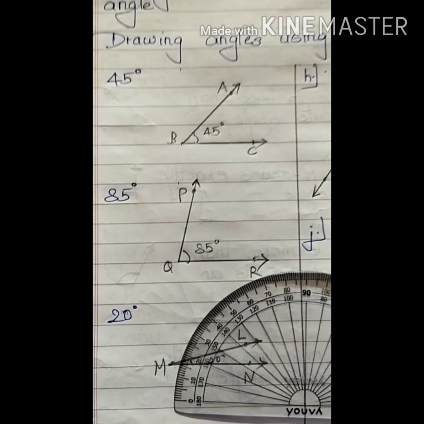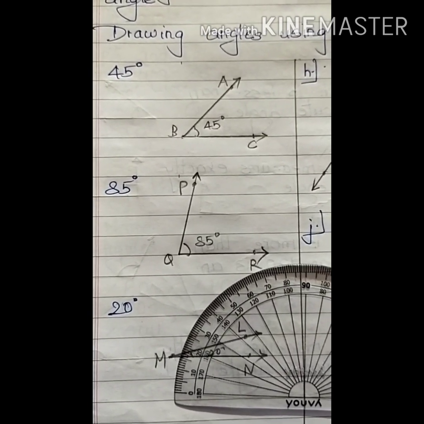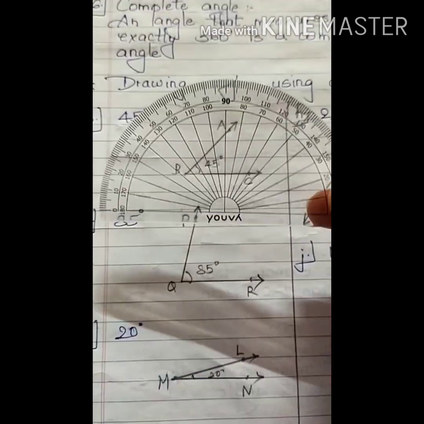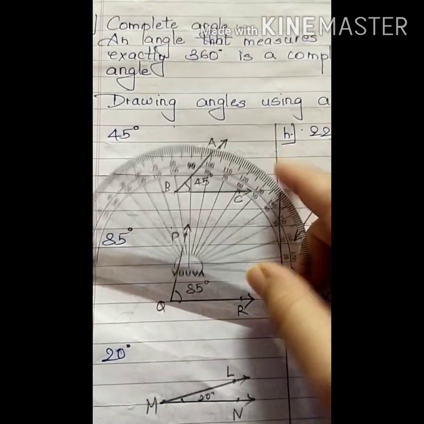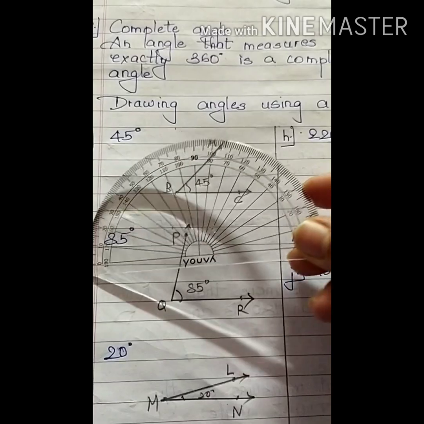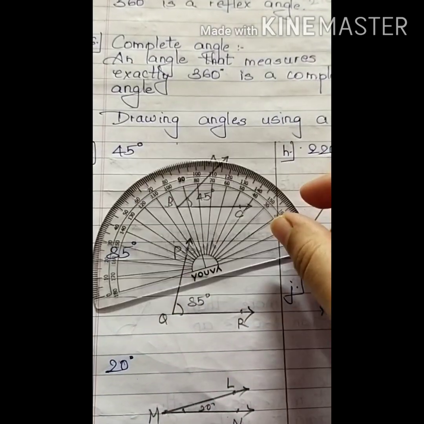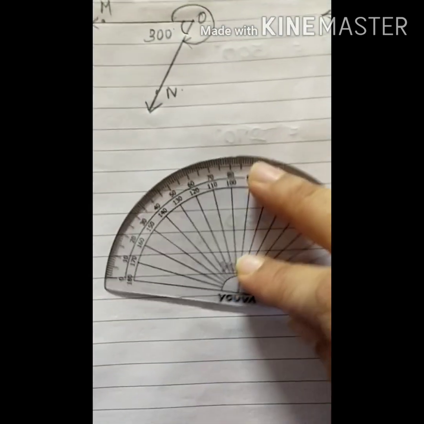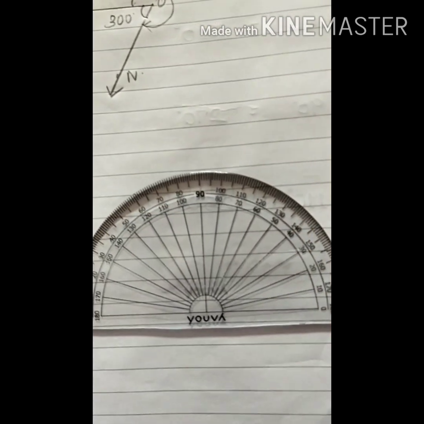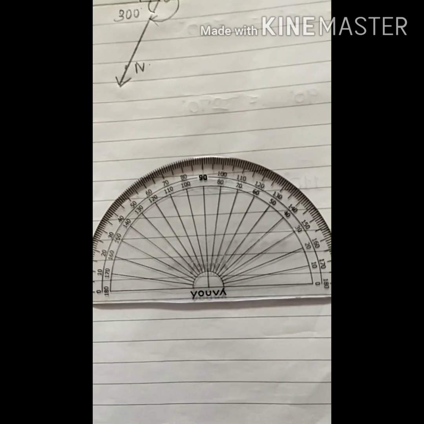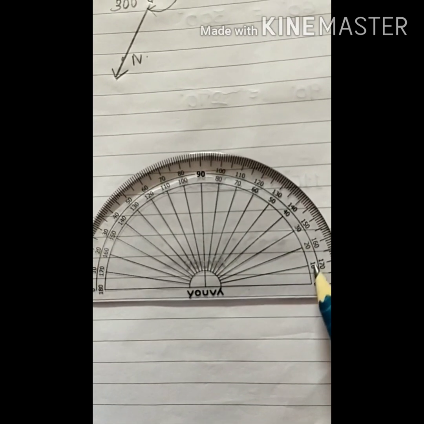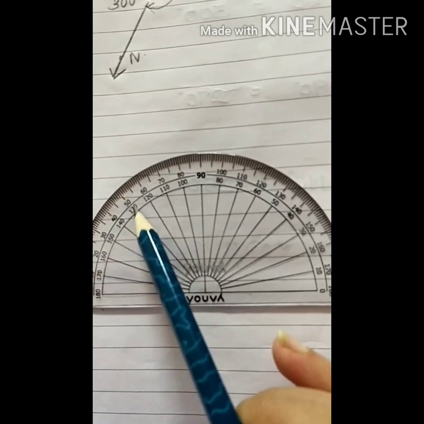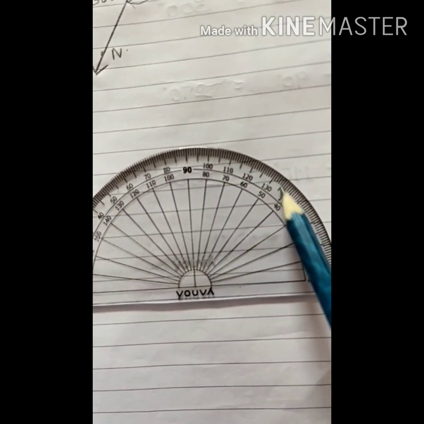Hello students, so now I'll explain drawing angles using a protractor. As you can see, this is a protractor. We all have a protractor in our compass box, or we can get it individually from the market. Now I would like to explain some very important things. Let me take it on a plain paper here. Now children, you all can see this D. As we have seen, these are the inner readings and this is the outer reading. The outer scale is the outer reading.